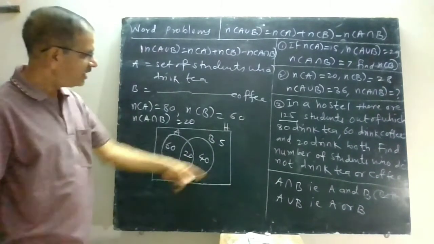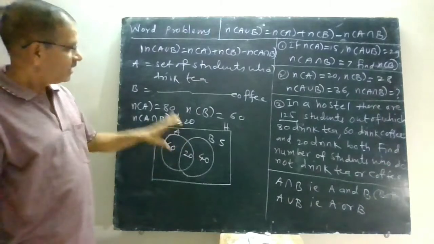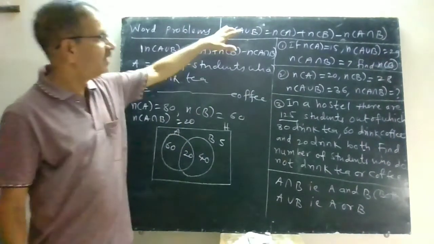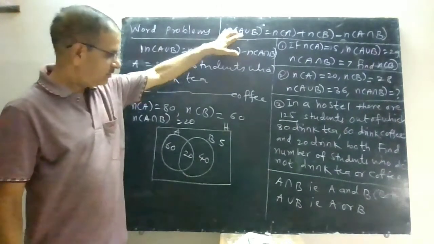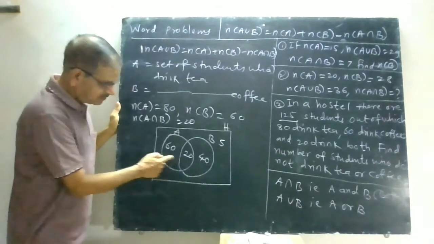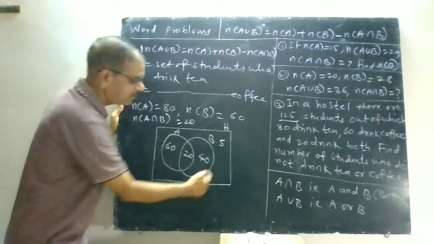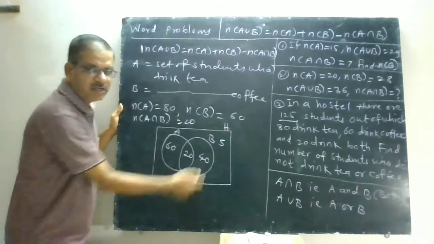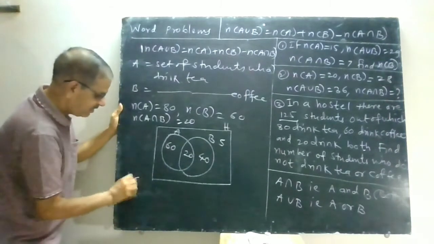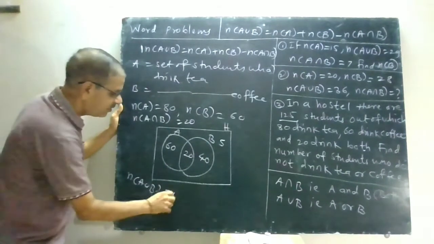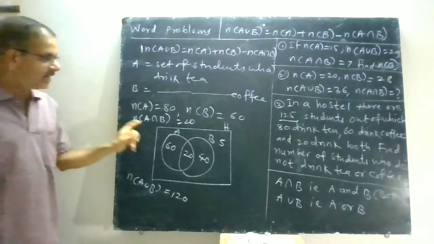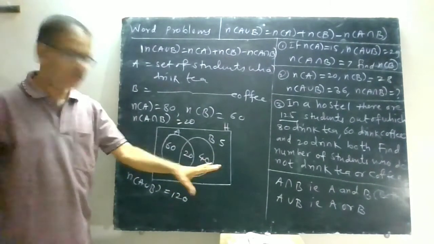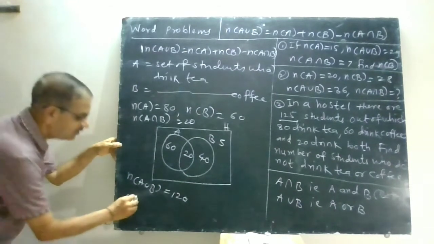So in this way you can solve this problem. Now if you want to use the formula, how much is the number A union B? That is A union B is 60 plus 20 plus 40. So you can have N of A union B, it is 120. And there are how many students in the hostel? There are 125 students in the hostel, and hence you can write down number of students